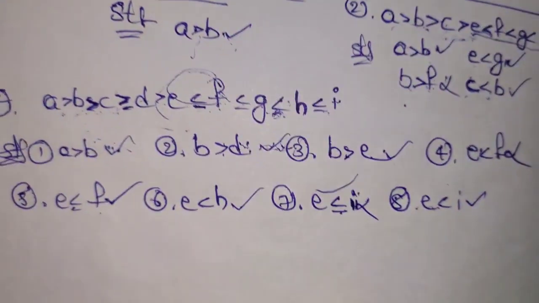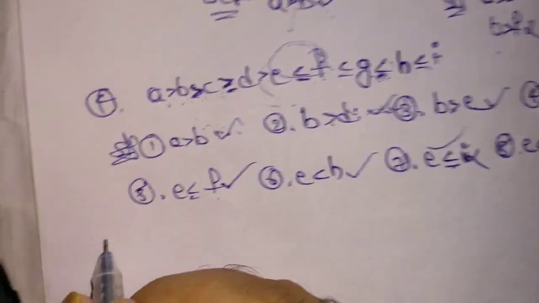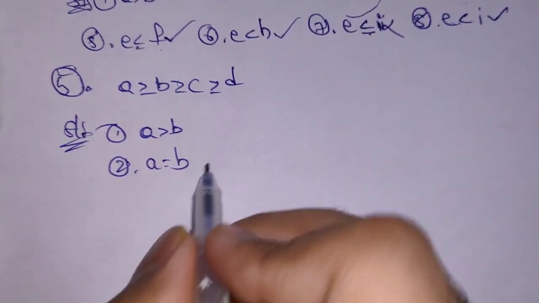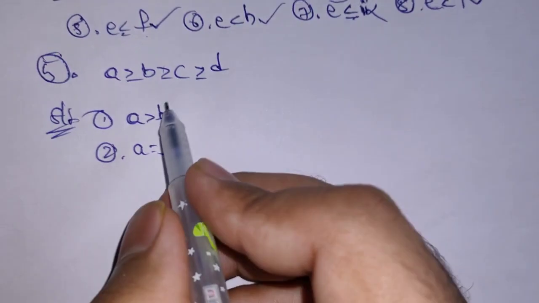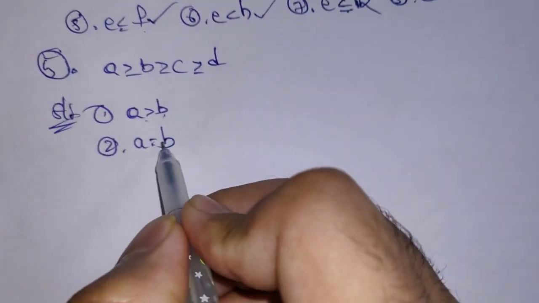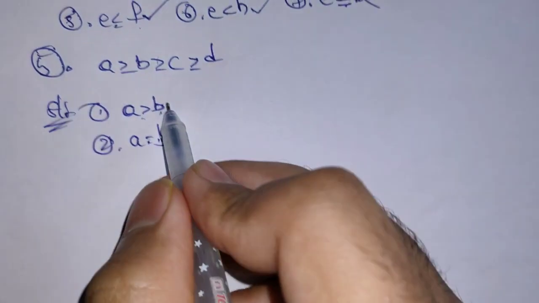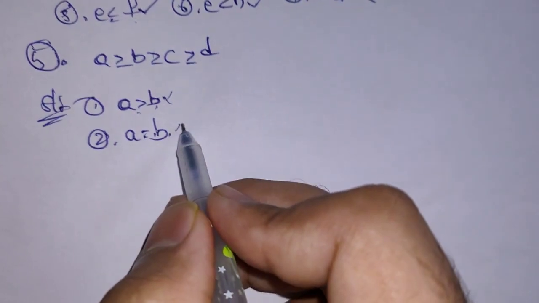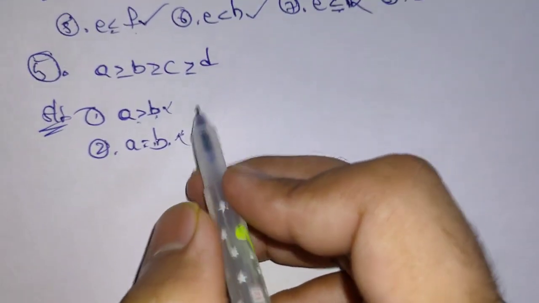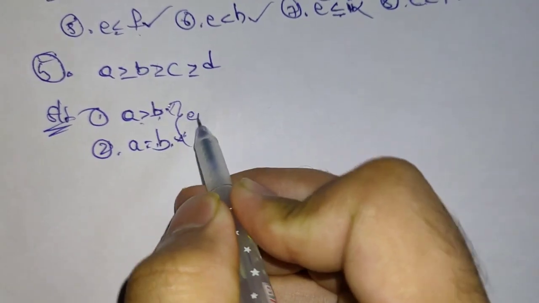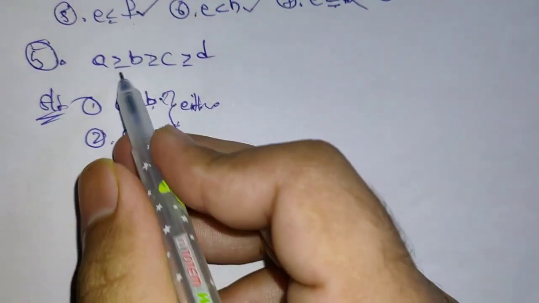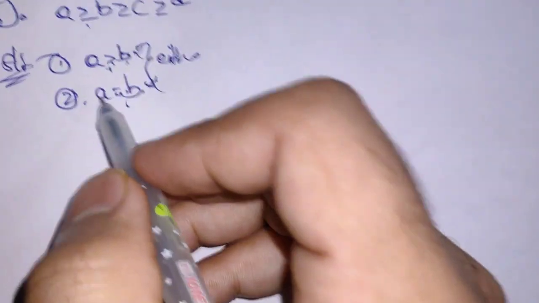So these are some rules, and we will discuss the either-or rule once again. Let us see another question based on either-or. Here is the question, and we have two statements, A greater than B and A equal to B. If only one statement was given, it would be false. But we have two statements, so we have to choose either-or, because if we combine A greater than B and A equal to B, it becomes A greater than or equal to B. So we have to choose either-or in this condition. This is about either-or.